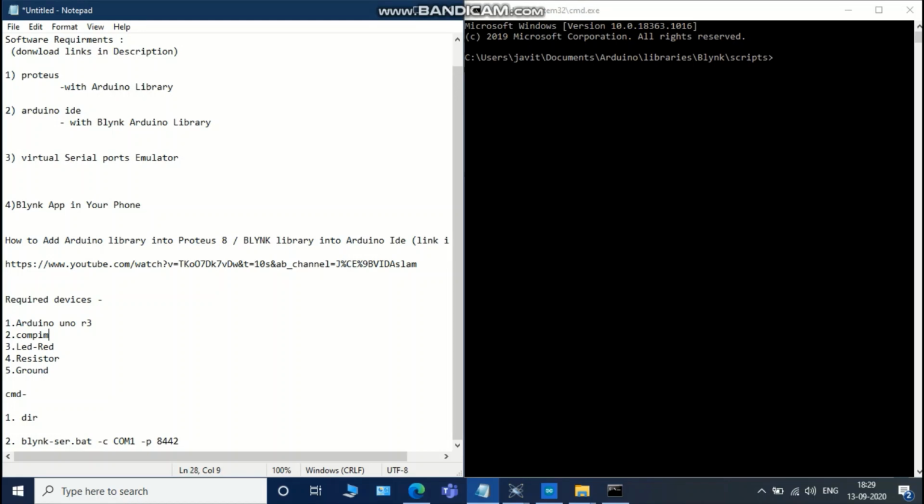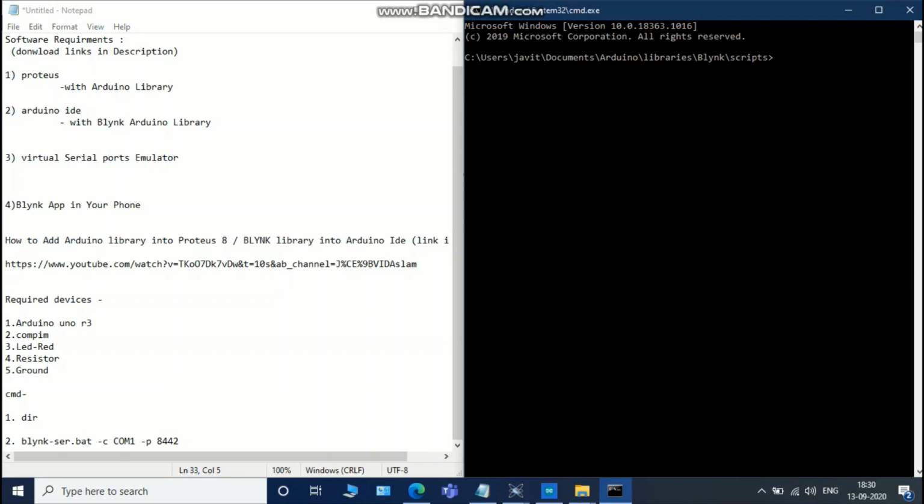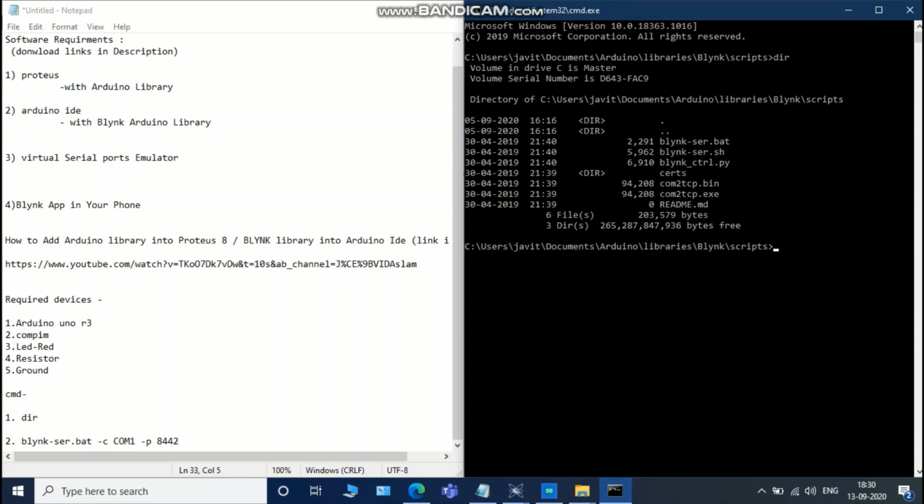First you have to type dir and click enter. Then you have to type blynk-ser.bat, com1, then 8442, then click enter.